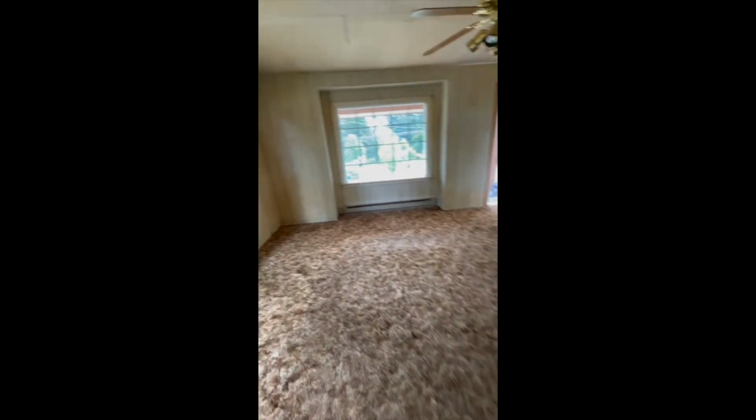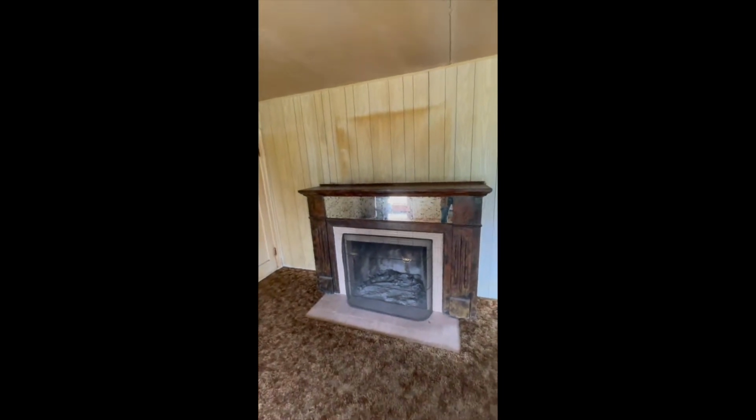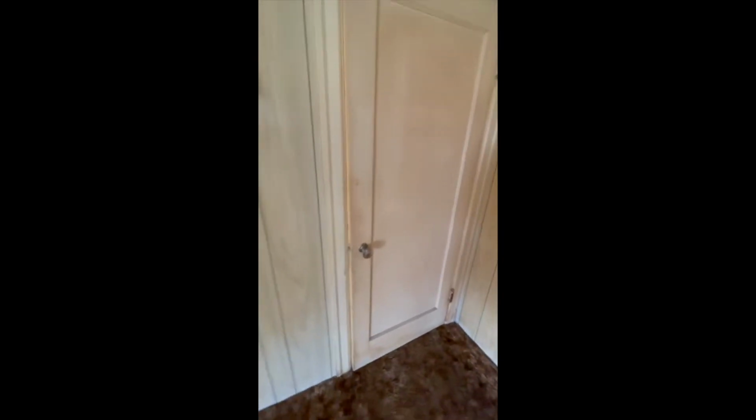As you can obviously see, there's disgusting stained paneling all over the walls and horrible carpet everywhere. This is the formal living room with a beautiful fireplace and some gross tiles stuck onto it. There's a doorway leading into the hallway, continued that carpet through there, some new nasty carpet, continued paneling in the